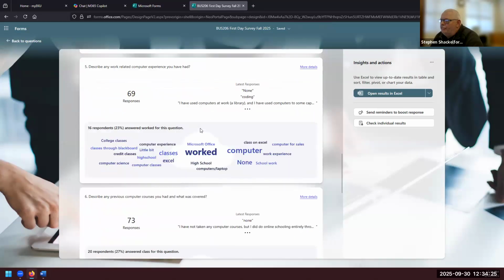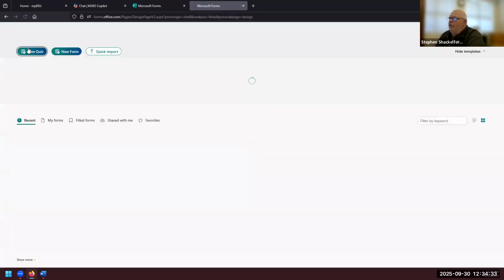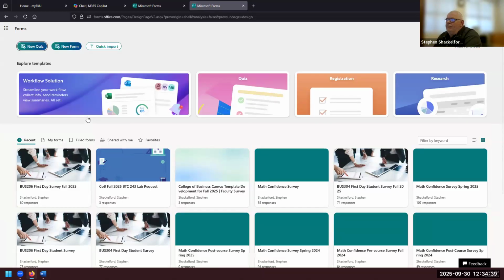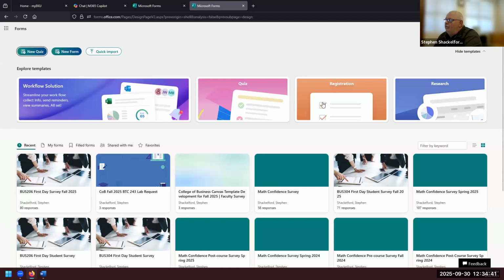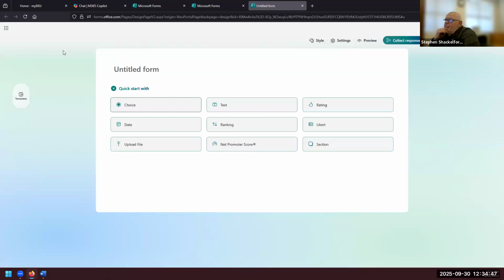And other questions like that, but I'll close this, go back to the questions, and go back to Forms on the upper left. And I want to show you how to make a form. It's very, very simple. Before that, there are various templates you can look at: quiz template, registration template, research template. But new form,